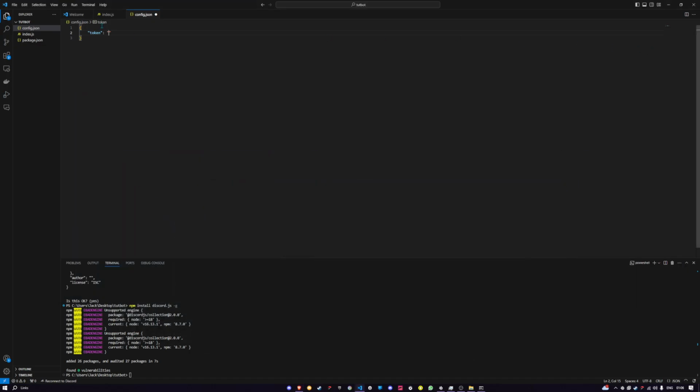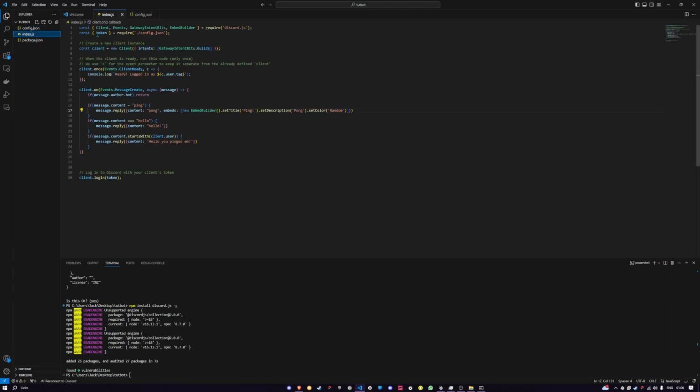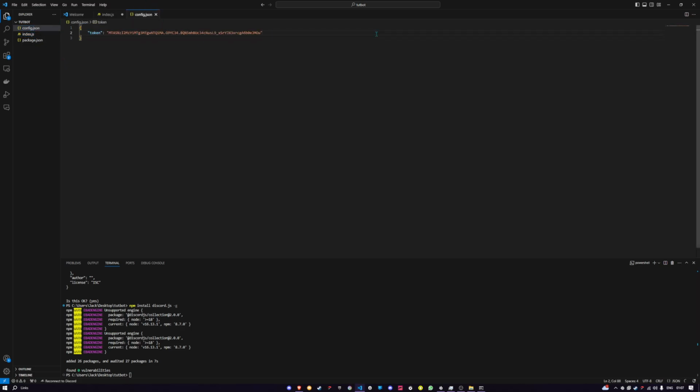I'm just going to copy the token and paste it in here. So, our token, we're actually going to do config in here. Change this to config. And down here, put config dot token in front of that, because if we want other things like,